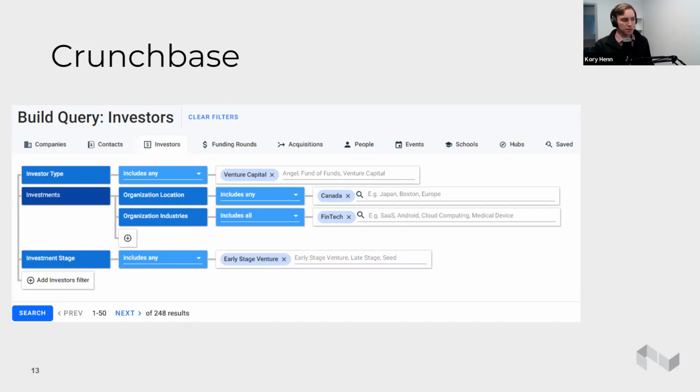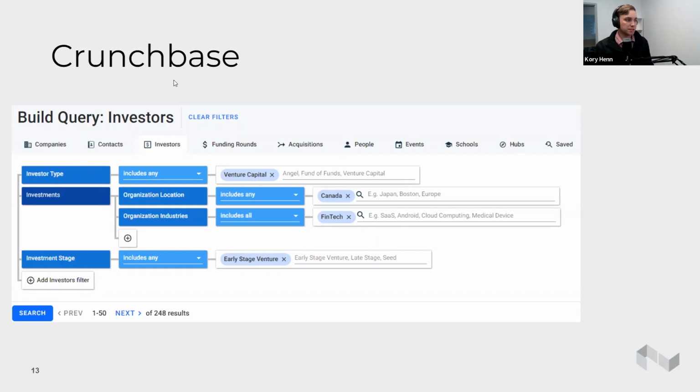The thing with Crunchbase is it's a database of VCs, but it's crowdsourced and web scraped information. You can see in this query we have 248 results, but much of that might be noise amongst the signal. So it's important to narrow your search a little more and try to verify the information you see, maybe on the firm's website or in another place. But Crunchbase is a fantastic place to start and quickly start qualifying investors with your checklist.